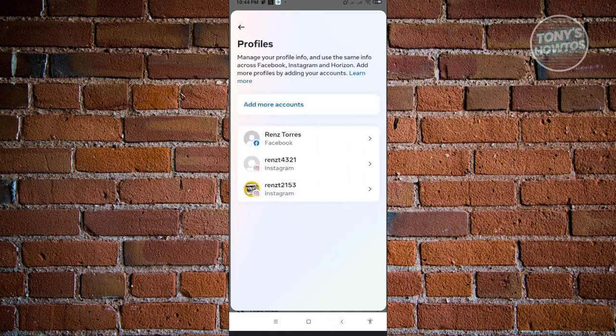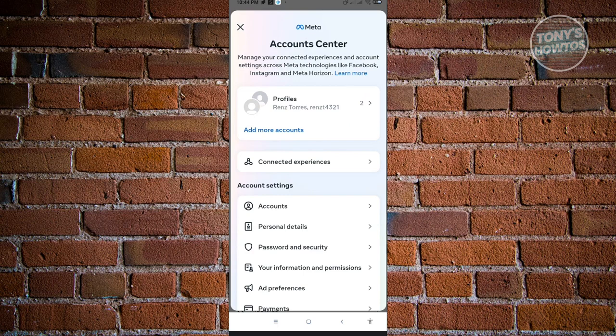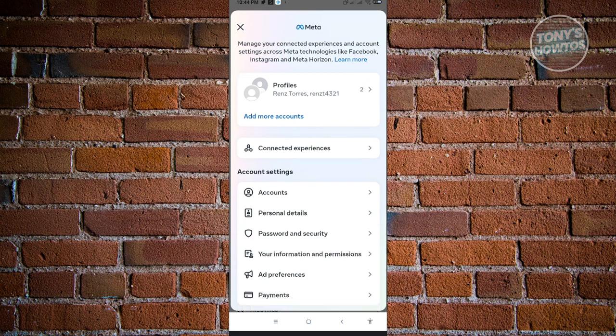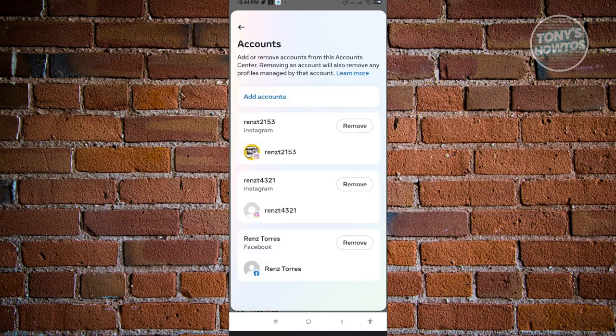So we want to go back again and back to the account center. So under account center, you want to go to account settings, and under account settings, you want to go to accounts. So under accounts, you'll be able to see all of the accounts that you have connected here on the account center. So here to remove some account, or for Facebook, you just need to click on the remove button